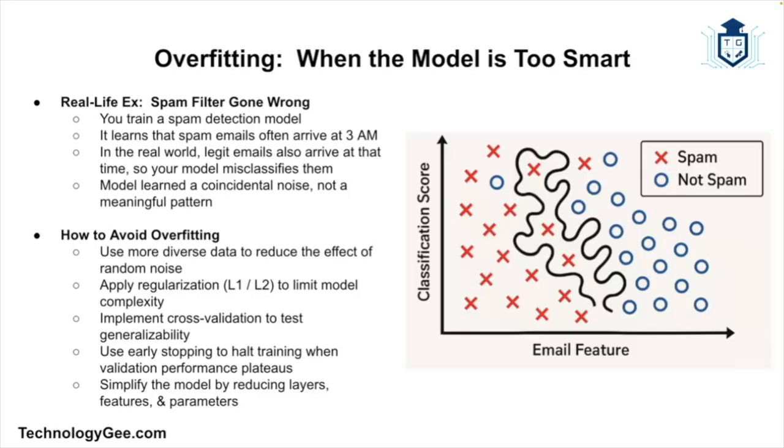So here's how to avoid overfitting. The first thing is you can use more data. Get a larger, more diverse data set, which can dilute the noise. You can apply what is called regularization. Techniques like L1 and L2 regularization help prevent the model from going overboard. You can do what is called cross-validation. This is where you train your model on different subsets of the data to ensure generalization. Then there's early stopping. This is when you stop training when performance on validation data stops improving. Then you can prune the model, where you reduce the complexity, with fewer layers or features.